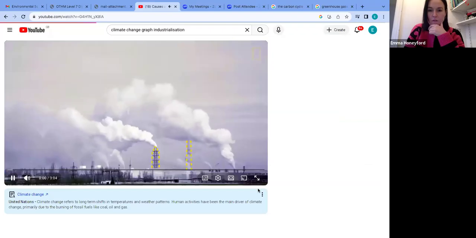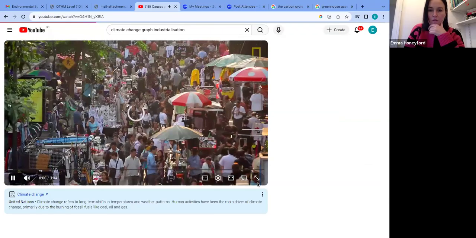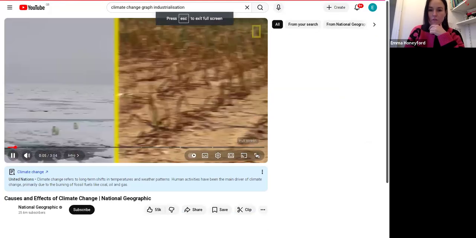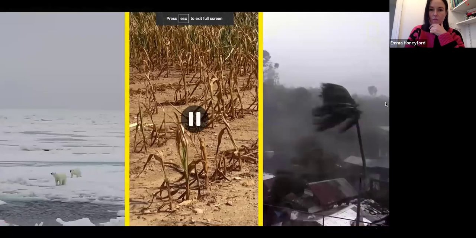Human activities, from pollution to overpopulation, are driving up the Earth's temperature and fundamentally